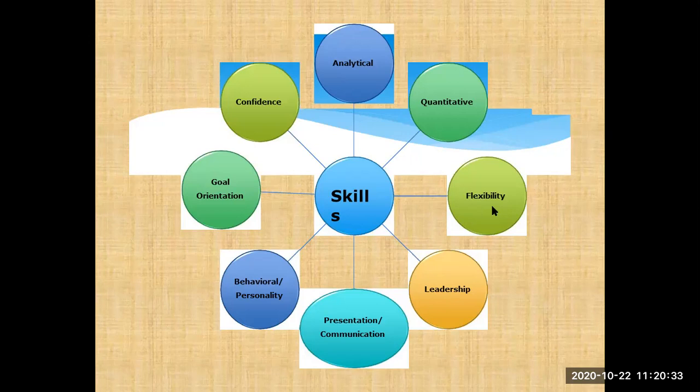Presentation skill may include your oral skill. Your presentation skill may include your ICT skill, that is, using some particular tool like Canva or PPT or PDF, how you can present your outcome. Communicating may include your email skill, how you are jotting down your professional emails, how you are communicating with your superiors, your colleagues, and whatever staff force you are working under. That's the communication skill. The next skill set which is assessed is behavioral and personality skills.